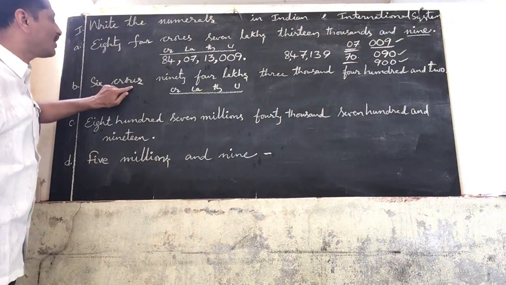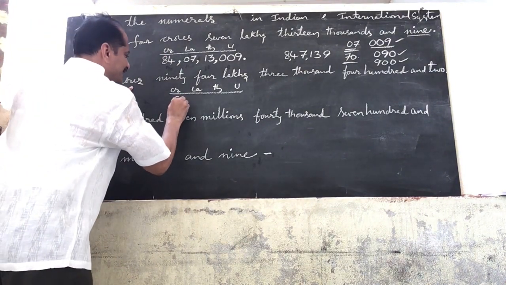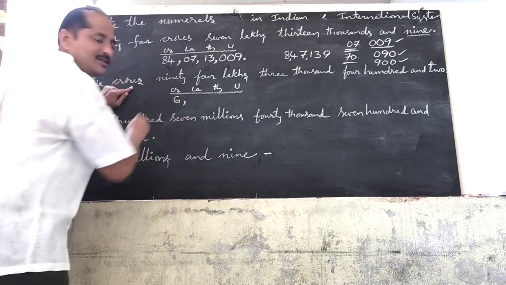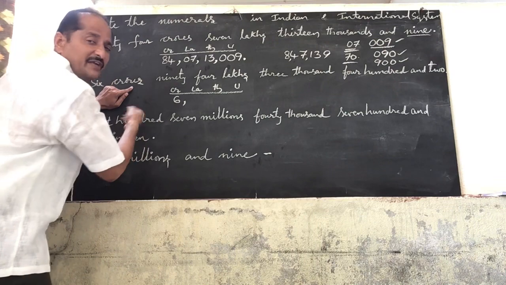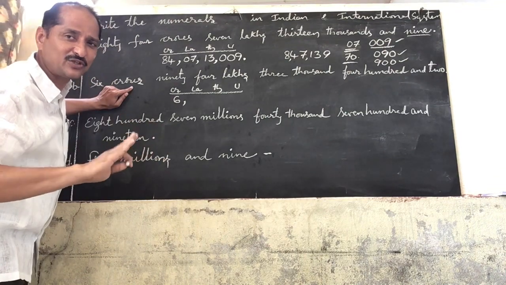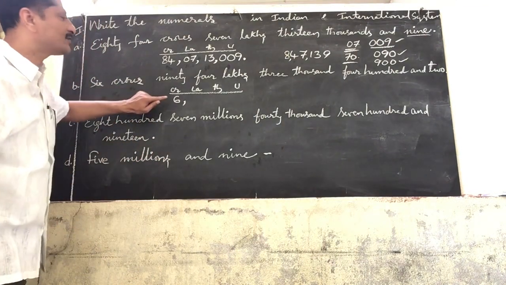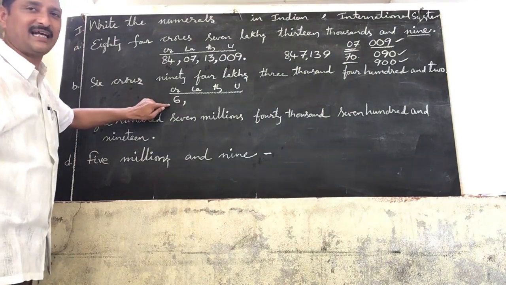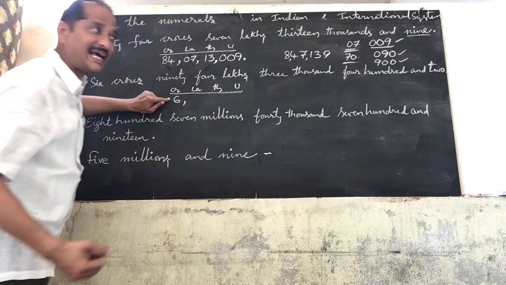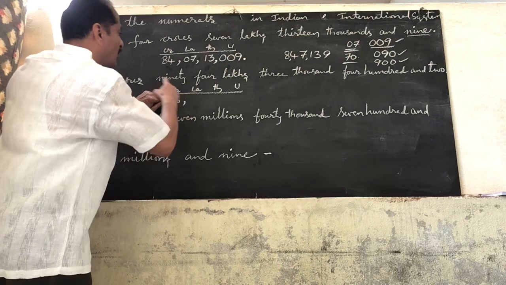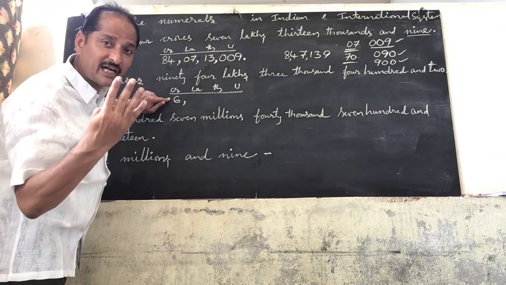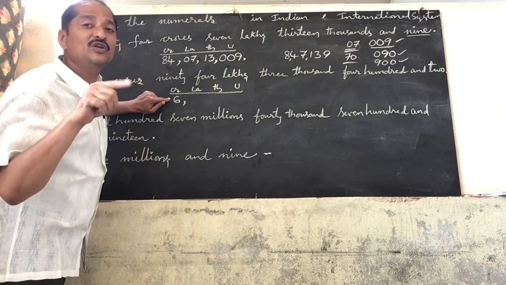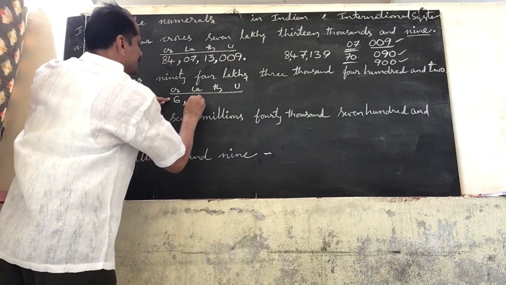So 6 crores. 6 crores means only 6 he has given. So here no need to use 06 also. Why? Because this is the greatest period. Before it, however many zeros you place, those zeros have no value. So 6 crores can be written as 6. Next lower than crores, lakhs. But lakhs period should contain 2 places. But how many lakhs are there here? You see 4 lakhs. Only 4 is there. How can you write 4 in 2 digits? 04.